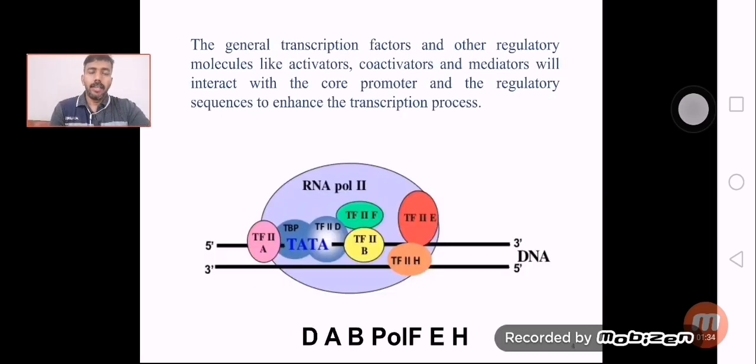And here this is about the enzyme and the transcription factors. We have the different transcription factors, as we already discussed in the previous video. This is the order in which they are involved: transcription factors D, A, B, then F, E and H, all associated with the transcription machinery. The structure we are seeing is what we call the closed complex or the pre-initiation complex. So these are the three important